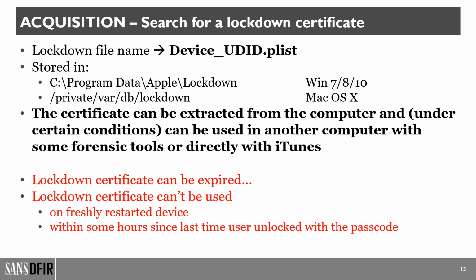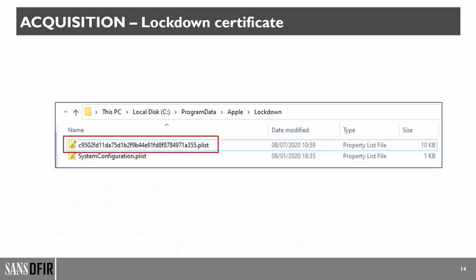So if you can find this lockdown certificate, and this is the lockdown certificate from the same phone of the previous slides, if you can find this plist file, you can use various tools or also simply iTunes to get an iTunes backup, to get access better, to get a pairing between a computer and your phone. If the lockdown certificate is valid and if the phone is not a freshly restarted phone, so if you are under the conditions that you can use the lockdown certificate,